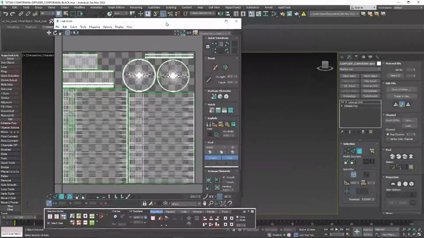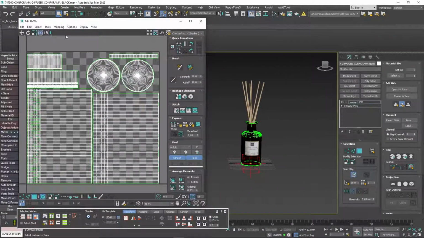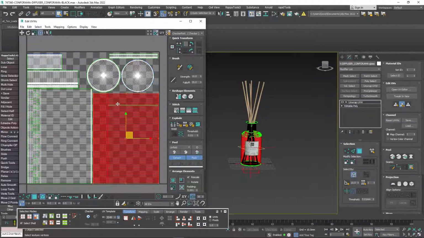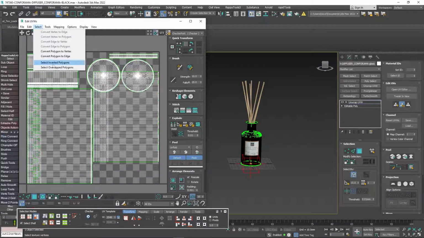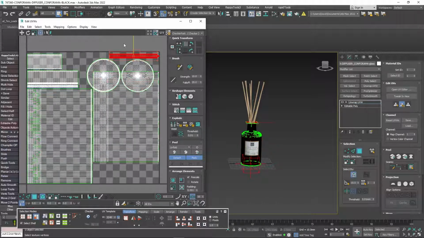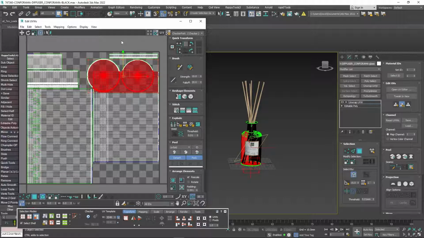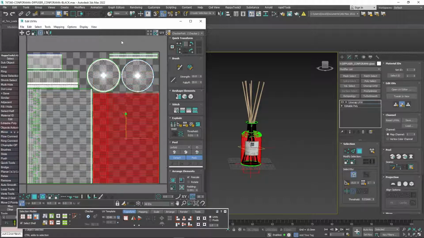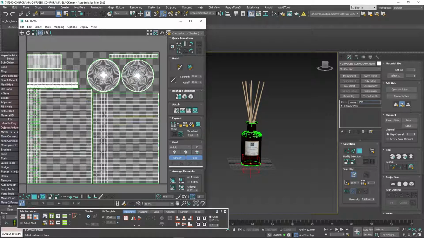In 3D Studio you can click on Select and select overlap polygons. You can see I don't have any overlap. If I put it here and select Overlap, you can see it highlights the area that has overlapped UVs. So I press Control Z to undo my edits, and it's okay.